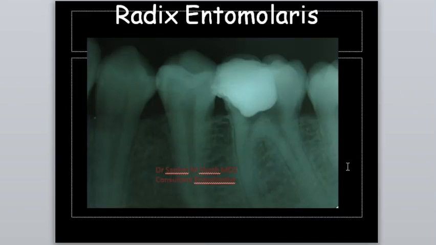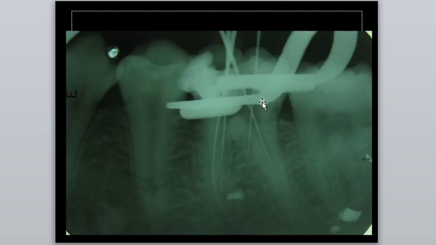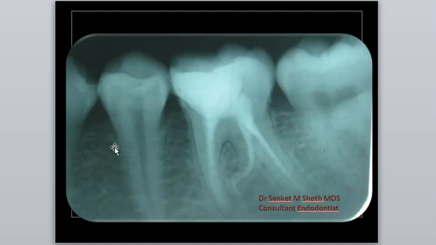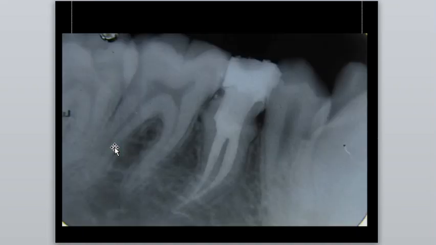One more interesting case, this was done during my post graduation days. I did not have access to these files. Those times I had access to HyFlex. They were the only heat treated files there. So have a look at this. Third root, double curvature, S shape. Look at this. This was just prepped till 2004. A brand new file, nothing. It was an extremely difficult case.